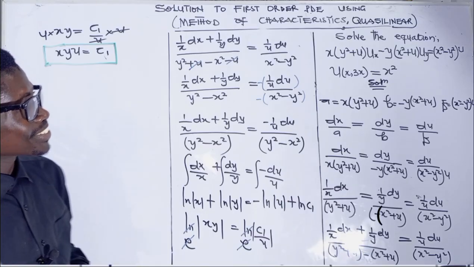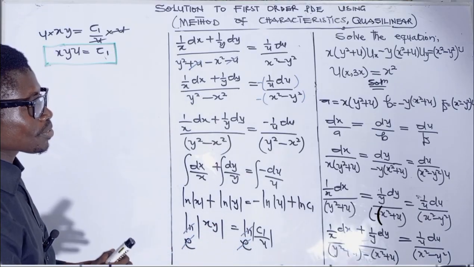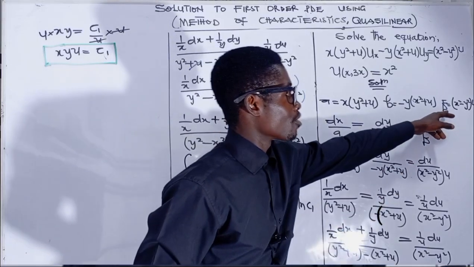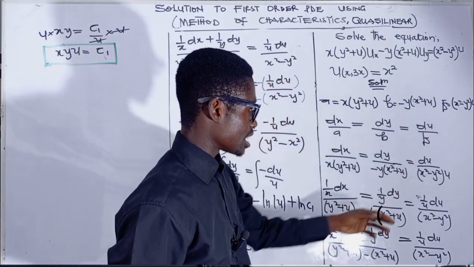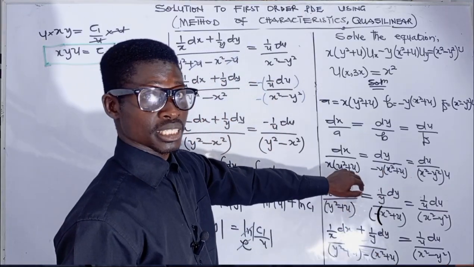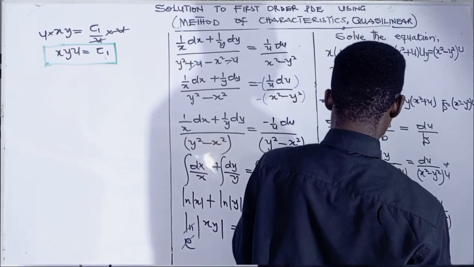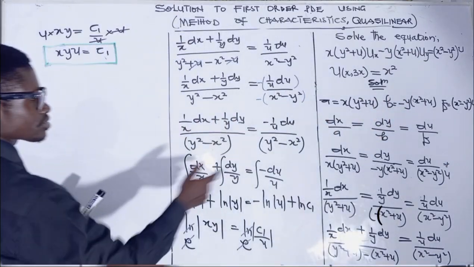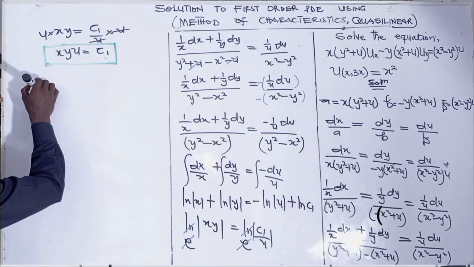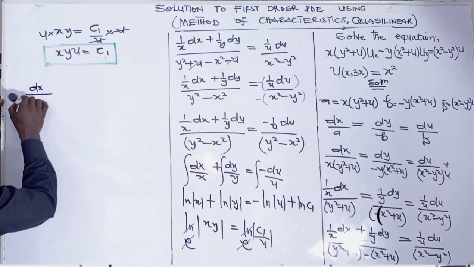So as I said, questions on quasi-linear involves a lot. So we are now going to look at the second solution. Since we are having our f not being equal to 0, we are going to form the second equation. From that, we are going to form the second equation. Form the characteristic equation here. So let's write the characteristic equation. We have dx all over x